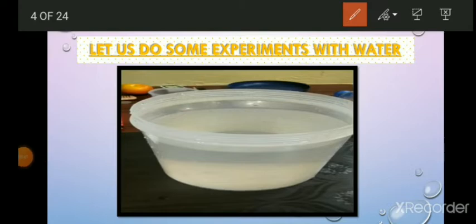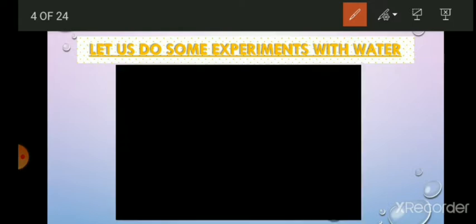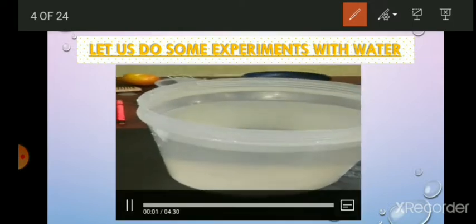Children, here is a container more than half filled with water. Now I am going to put something in it. Let's see which things float and which things sink. Here is a video.